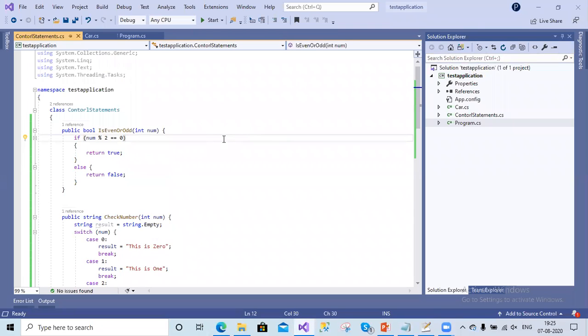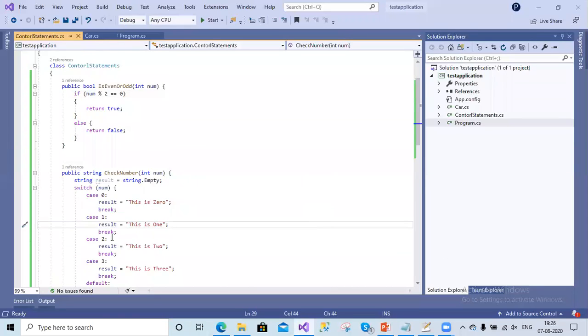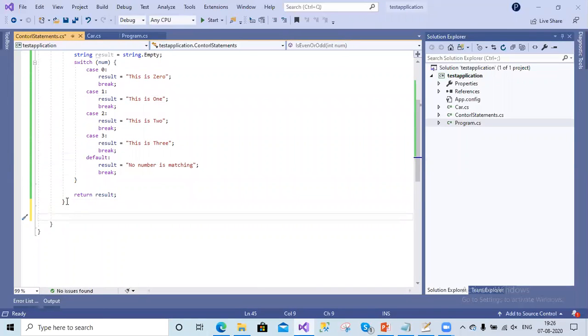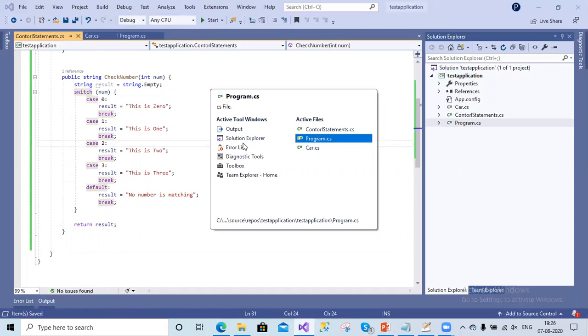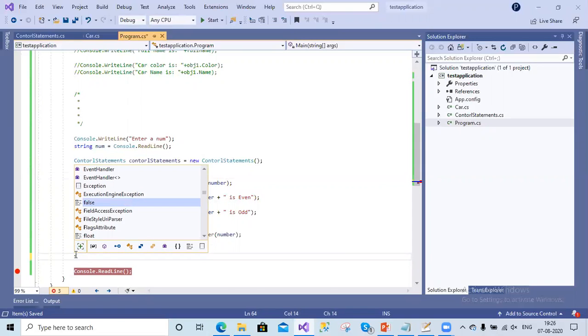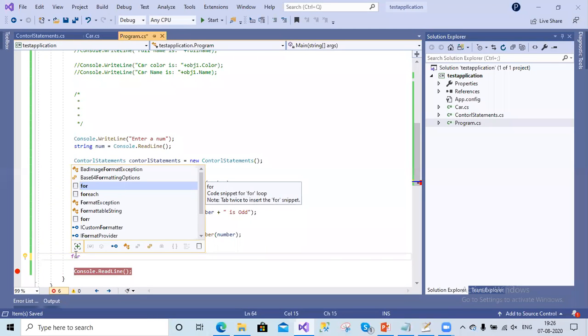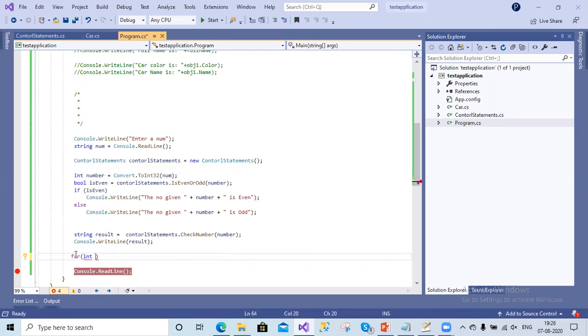Okay, cool. So far we have seen how to use the if conditions and how to use the switch statement. So let's go for for loop and while loops also. Let us write some example inside the program class itself. Let's say we already have entered some number inside the console window, and we want to iterate the numbers below that number. For writing a for loop, we have to use for as a keyword, and inside that we will pass the initializer. Let us initialize it with 0.